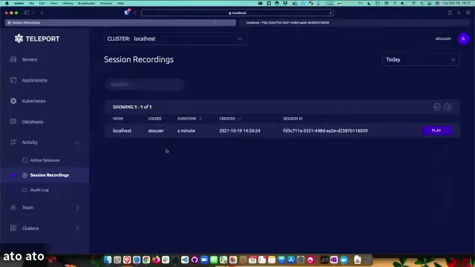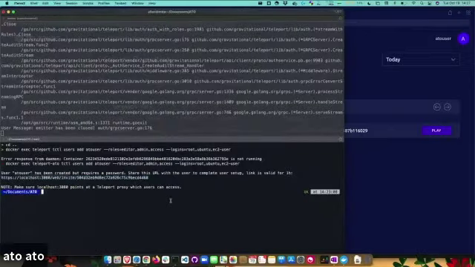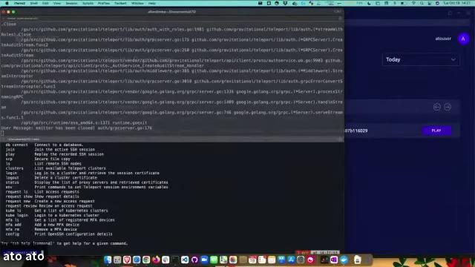So what do you say? Well, let's add a new system here. So I'm going to add a new system. We're going to go to the command line. I can do this from the web browser, but I can also log in from a command line to access my resources using tsh. tsh is our command line tool to do that.